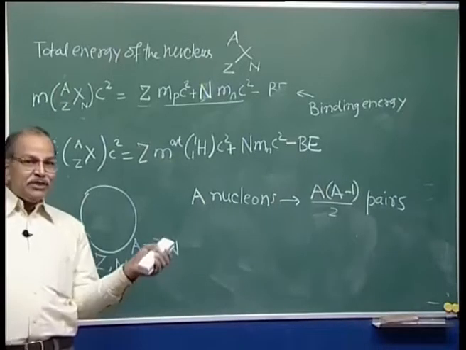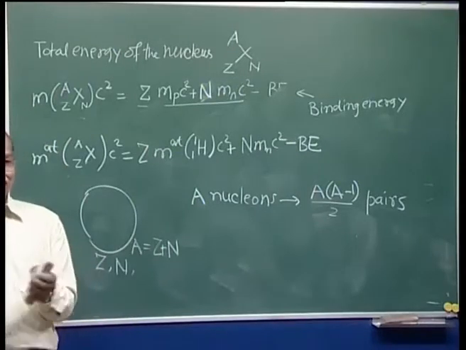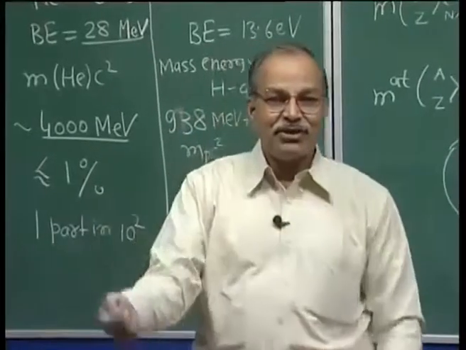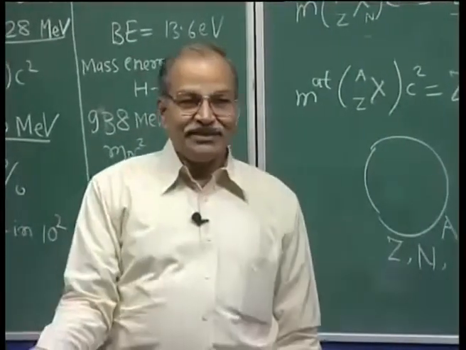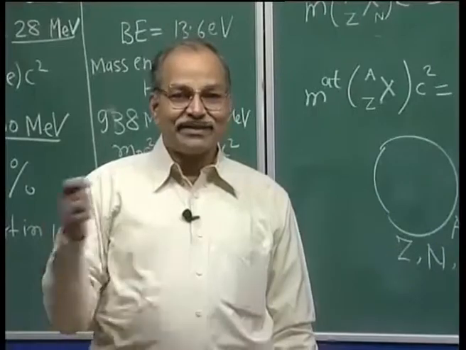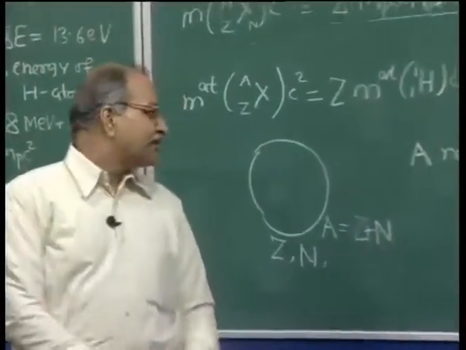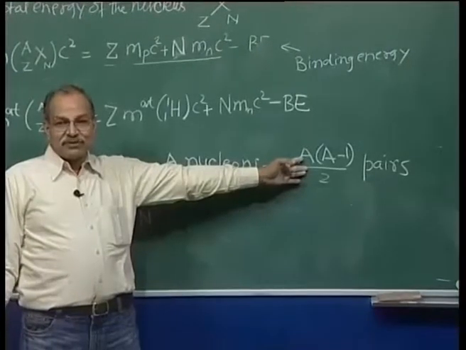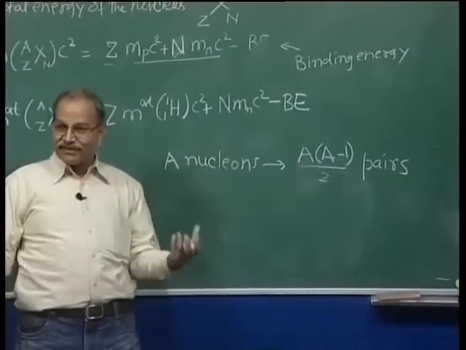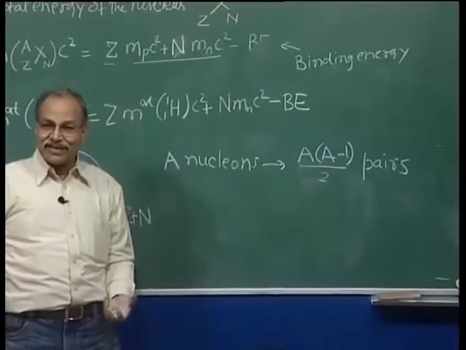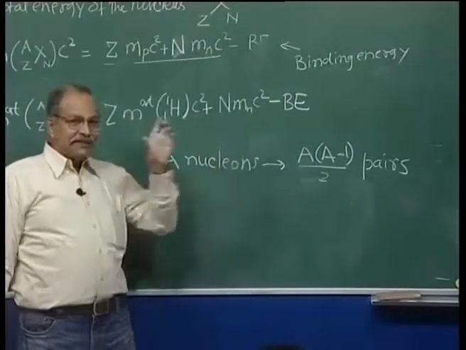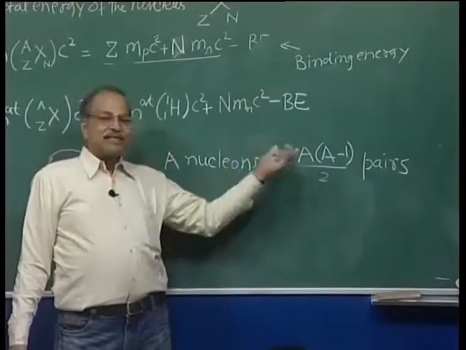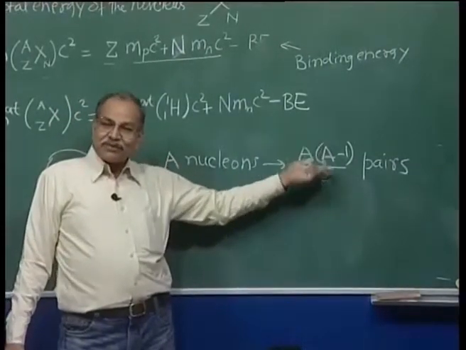And from each pair, if there is a nuclear attraction, and this attraction is giving you the binding energy, then the total binding energy, what do you think, should be proportional to this? If you have 10 pairs of nucleons attracting each other, or 20 pairs, and each pair attraction gives you a binding energy, then binding energy is likely to be proportional to this,